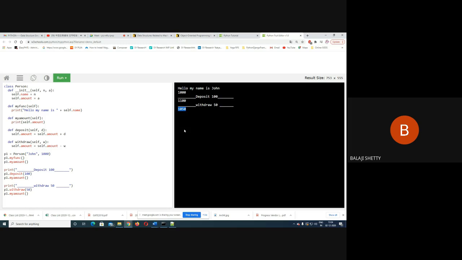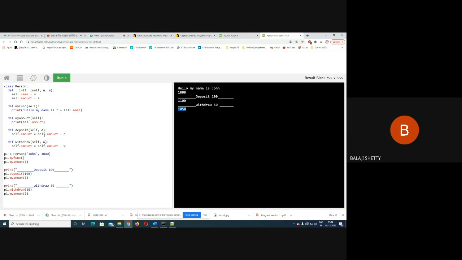Okay, this is very simple code. This code consists of a bank. You have an account in the bank, and with your account, you have the name and the amount. When you deposit some amount in the bank, that amount gets added.